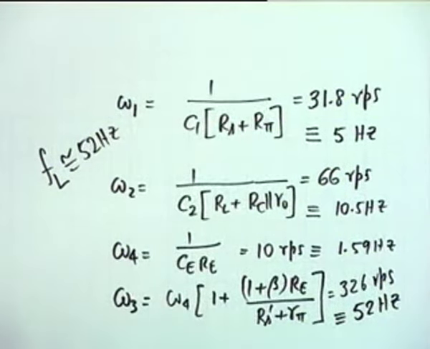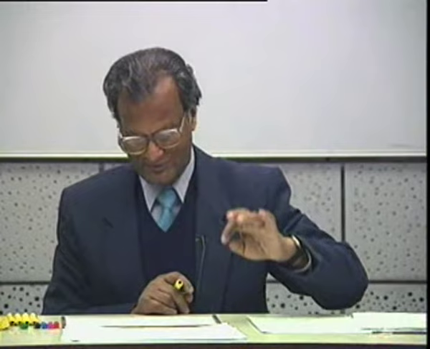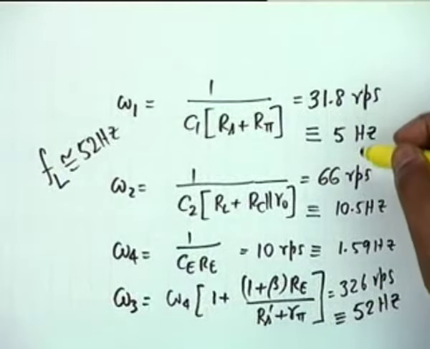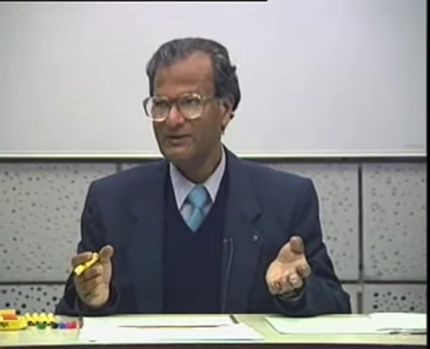Okay, this shows that the calculations can be done independently, but you can get a fairly good estimate. Now suppose omega 1 and omega 2 and omega 3 were comparable. If they are comparable, let's say 31.8, maybe this is 40 and this is 50, then you are in a problem. Okay, you have to combine all the three and find out the actual 3 dB cutoff frequency. That is by taking the magnitude and putting the magnitude equal to mid-band value divided by √2. Solve that for omega. What kind of an equation would you have got? What order of equation?